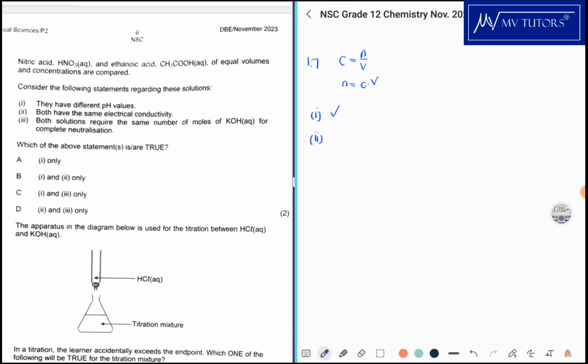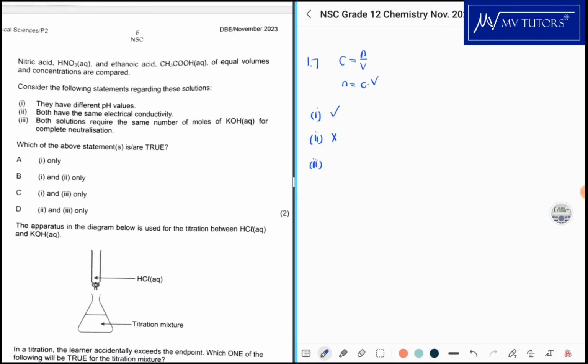Both have the same electrical conductivity. No, because nitric acid is a strong acid which will ionize almost completely, if not completely. It will not have the same electrical conductivity as the weak acid. So that is false. And then the third one,